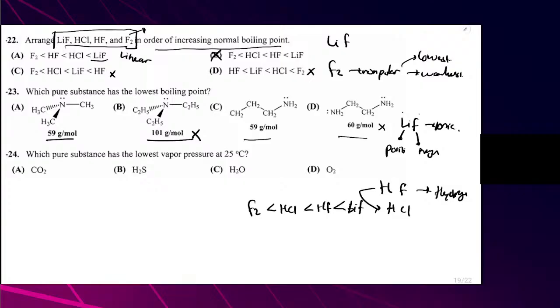Number 23. Which substance? Remember the hydrogen bonding is H, F, O, and N. In this case, A doesn't have any kind of hydrogen bonding, so we can eliminate this one. And then how about this one? B, it should be,